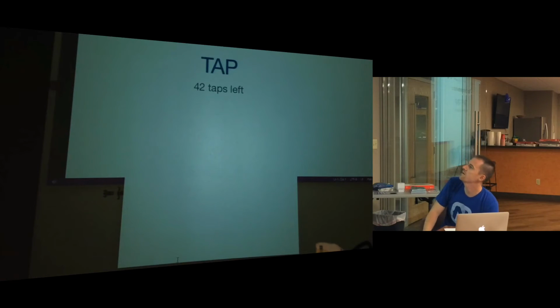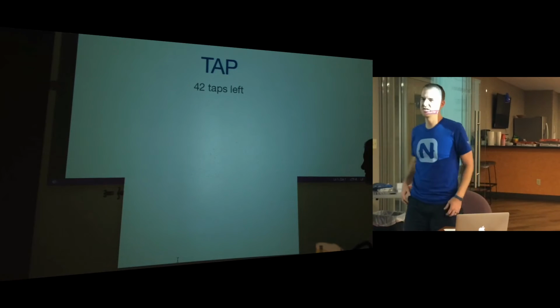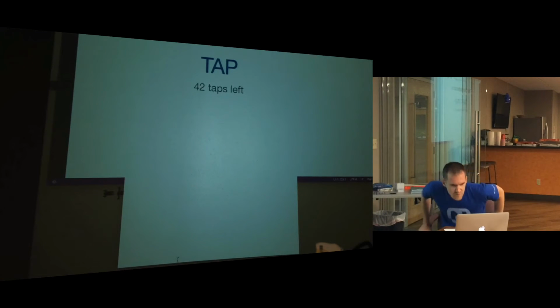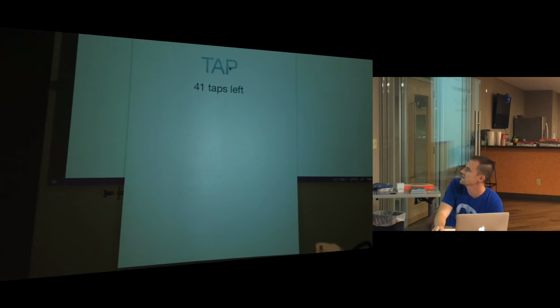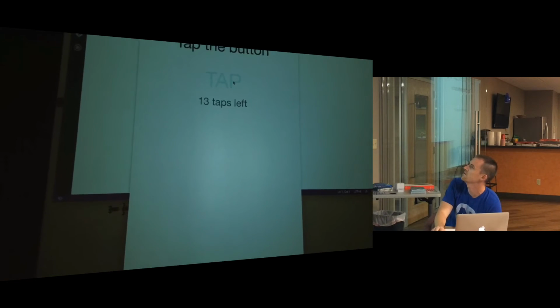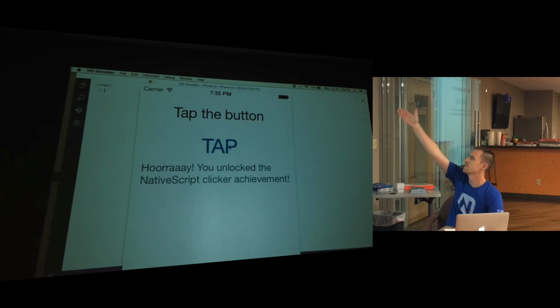And I don't know why, but it's an iPhone 4S. I don't know how to change that yet, but whatever. That's fine. That was super easy. I have made my first iOS app in like 5 minutes. And I can tap this, I think, and it's going to decrement that. And I haven't tried tapping this the whole way, but I really want to, so. There we go. Achievement unlocked.